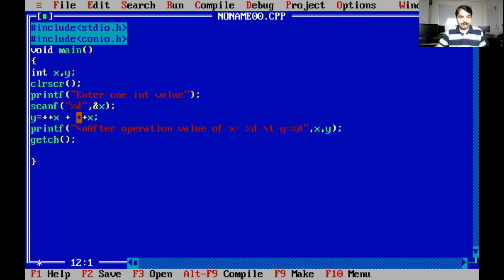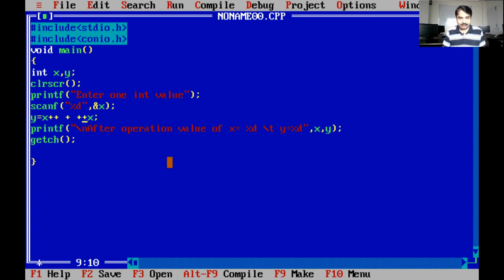When it goes to the next ++x, it becomes 7. Since we are performing addition, an arithmetic operation, both times it takes the same value, 7 plus 7. So y will be 14 whereas the value of x will be 7 itself.